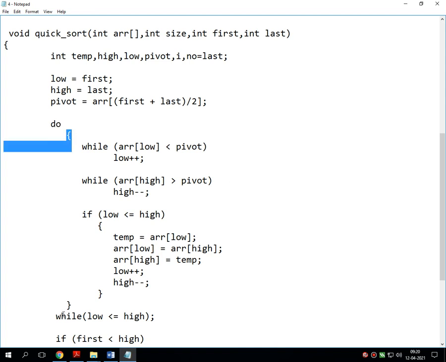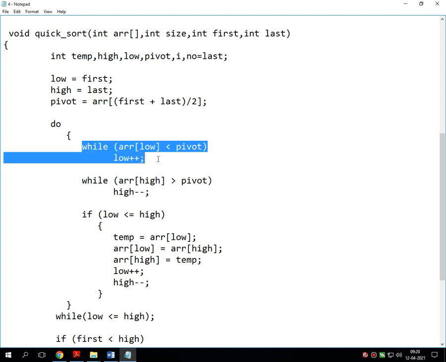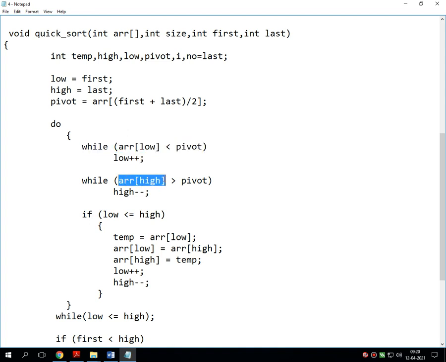During this do statement, it transfers all the values on the left hand side which are lower than the pivot, and it transfers all the values on the right hand side which are higher than the pivot element.